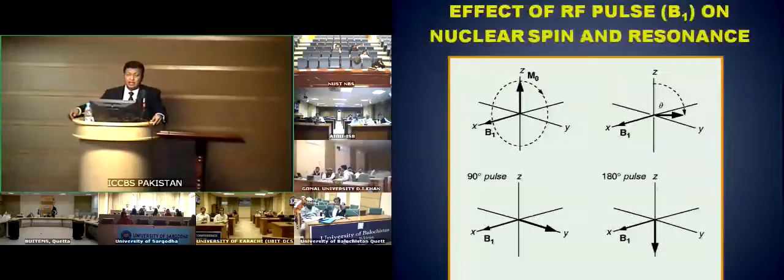How many people will agree with this? 90Y. One response is that I need to have a 90Y pulse, but it will bring it to minus X, right? And if you want to bring it to X, then minus Y. Now,